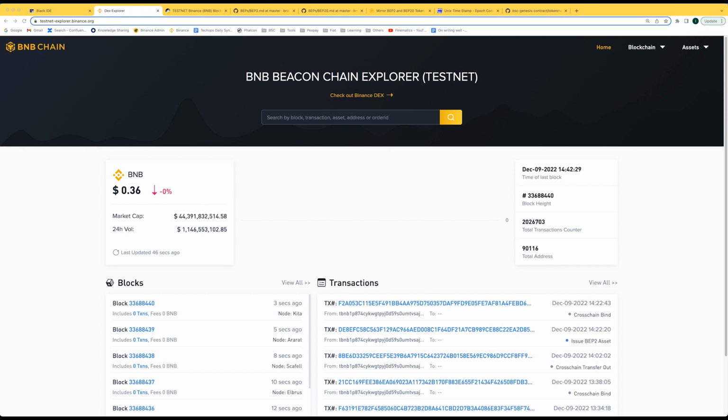Okay, since BNB Smart Chain was created after Beacon Chain, there are some tokens issued earlier on Beacon Chain that do not exist on BNB Smart Chain yet. So today we will issue a token called BCC, BNB Chain Club Token, with a total circulation of 21 million on Beacon Chain and Smart Chain together. So I will issue 21 million on Beacon Chain first, then 21 million on Smart Chain,